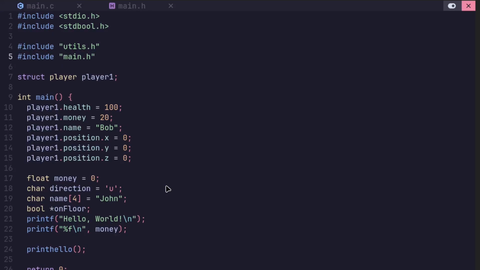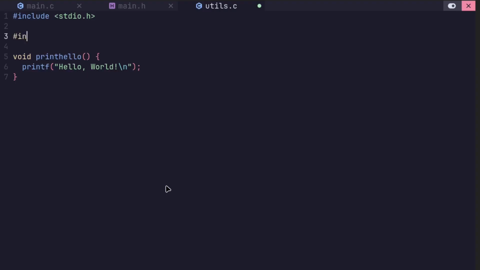Then, if we want to use any information about the player, we can go into, say, utils.c, include the main.h file, and then instead of our print hello function printing hello world, we can replace this with %s, and then here after the comma to define what %s is, we can say